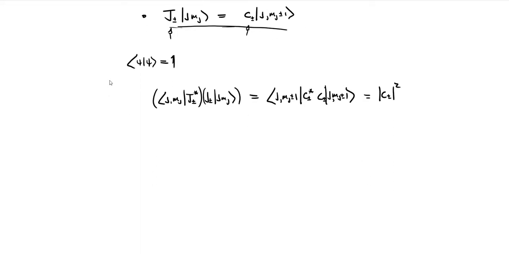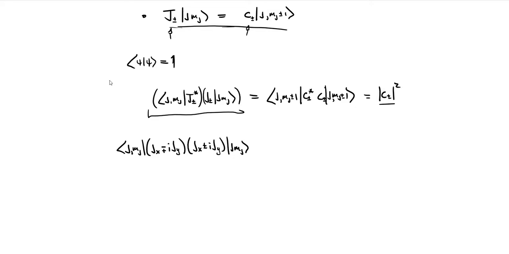So we can determine what that is by looking at what the result of the left side is. If we go through that, let's just plug in our definitions. We have ⟨j m_j|, and the J_± operator is just J_x ± iJ_y, so on the left we have J_x ∓ iJ_y, because we're looking at the complex conjugate, and then on this side J_x ± iJ_y times |j m_j⟩.